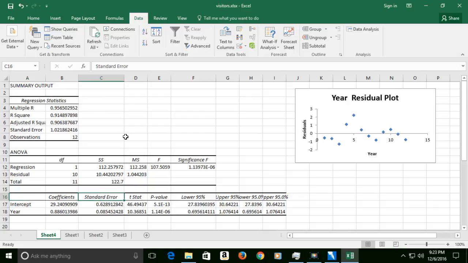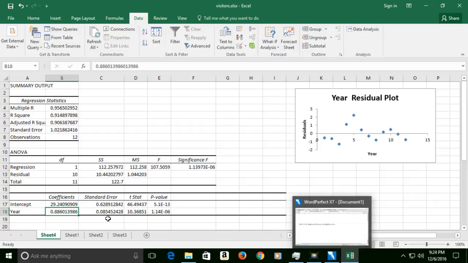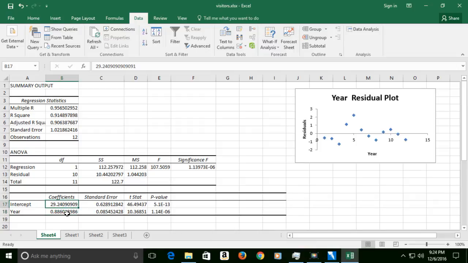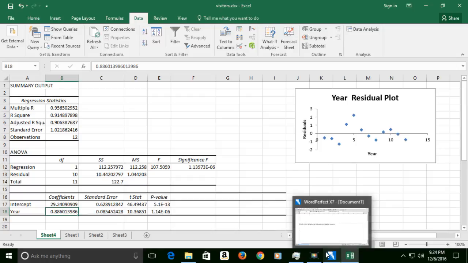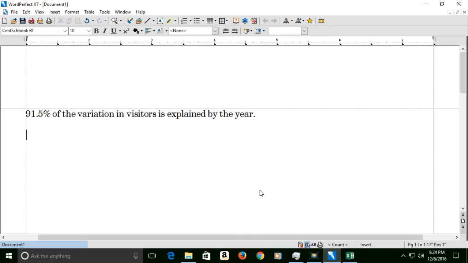All right? There's some stuff down here. This part, guess what I'm going to do? I'm just going to delete that because I don't care about that. We have intercept and year. That's A and B. So we have these coefficients here. That's A, that's B. So we're going to write out a regression equation that says y equals